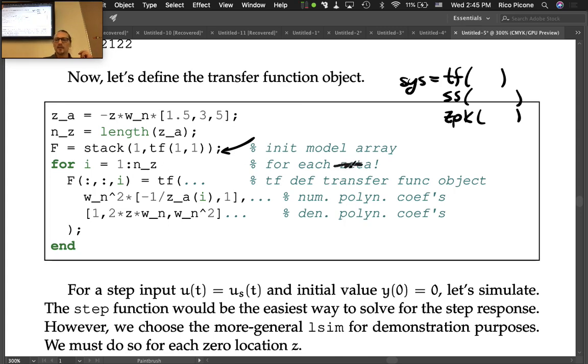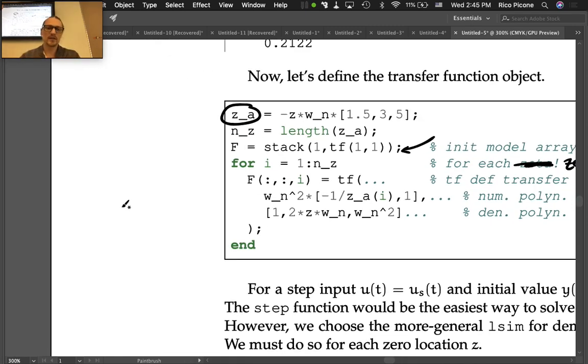And this is a typo too. So for each zero location, what we're going to do is define an array of zeros, ZA, that's going to be at different places in the complex plane. So we have our